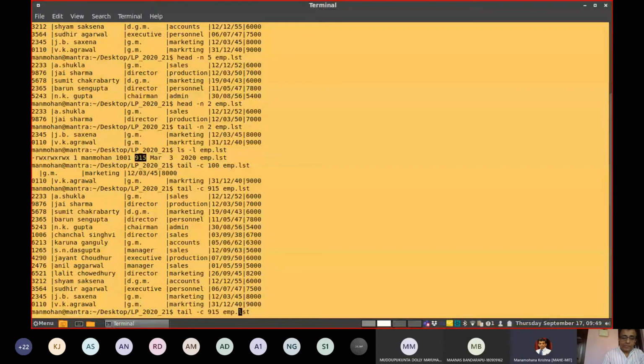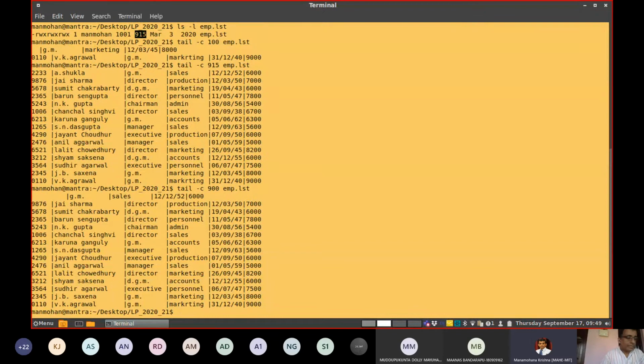If you try with 900 bytes, say 15 bytes, but here something is clipped up from the top of that initial data bytes. Okay, in this way you can experiment on this.